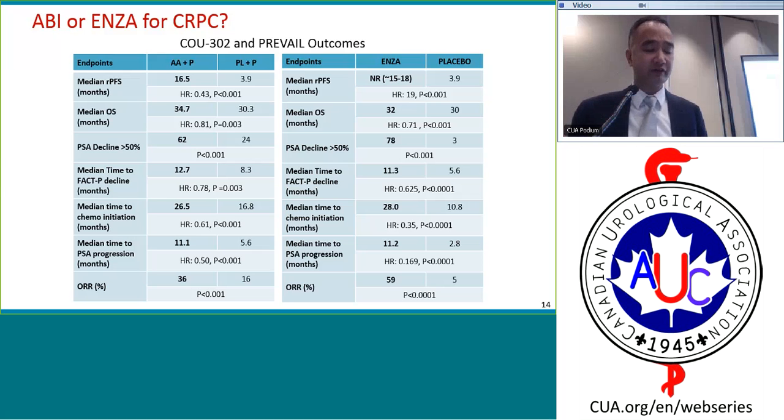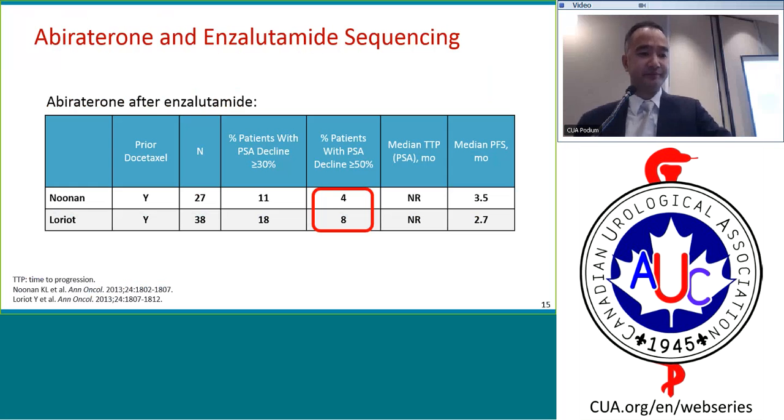So of course we look at these, and we also look at the side effect profile. For abiraterone, mostly because of the CYP17 inhibition, we get an increase in mineralocorticoids, versus enzalutamide, we think about fatigue, seizures, that sort of thing. So we pick more based on side effect profile than anything else. What about sequencing? Can we use them one after the other?